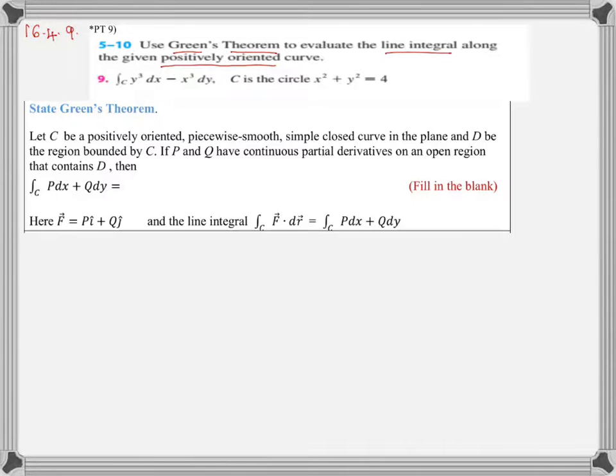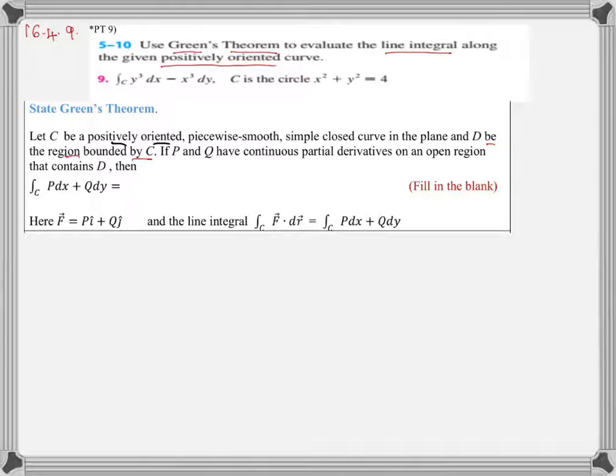So we are asked to apply Green's theorem to evaluate the line integral. The curve C is given to be positively oriented, which is a requirement for Green's theorem. So let's see what Green's theorem is. If C is a positively oriented, piecewise smooth, simple closed curve in the plane, and D is the region bounded by C,